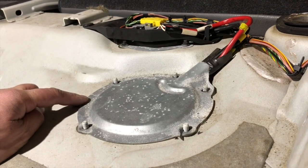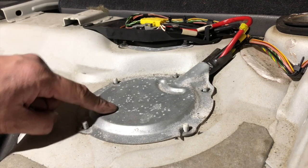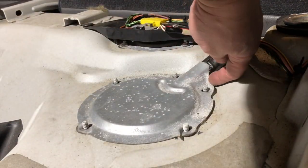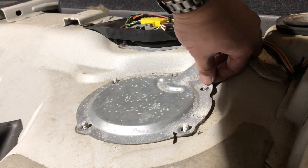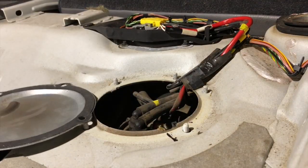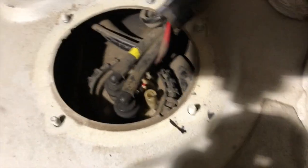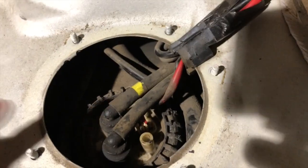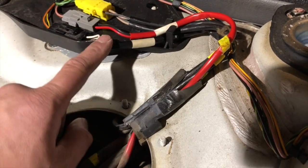Sometimes these panels like to get stuck. If your panel gets stuck, you can go ahead and put a plastic pry tool right here. I usually pry up right here, and that usually releases it. Okay, we are almost there. So from here, we need to follow the wire coming out of the fuel pump module over to here